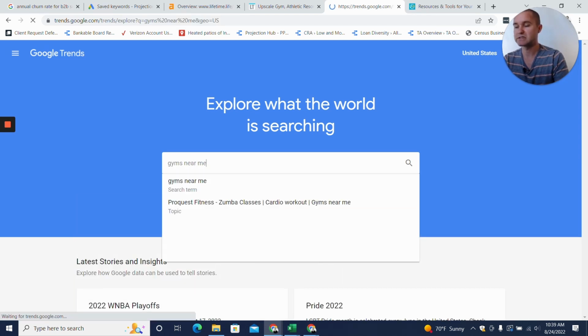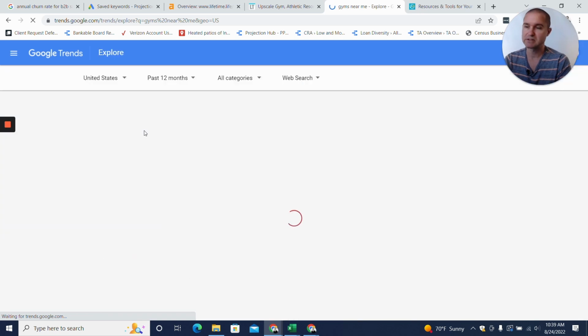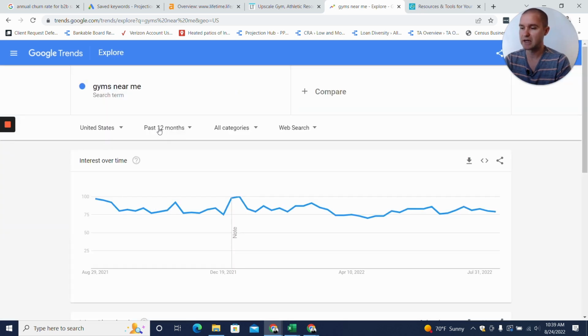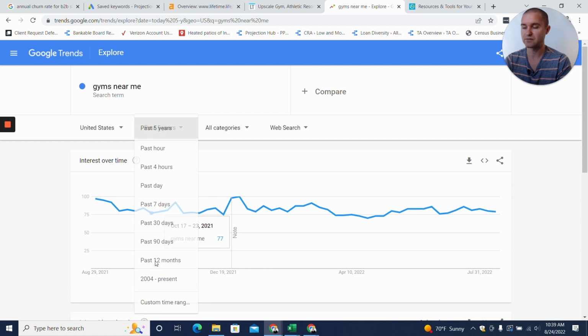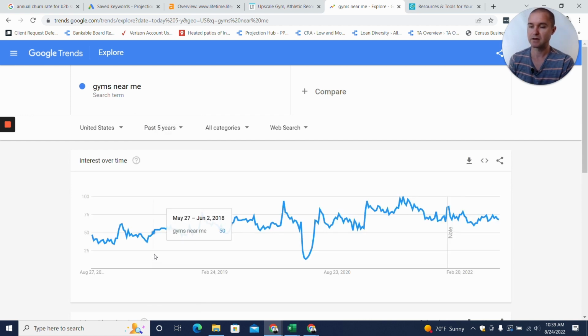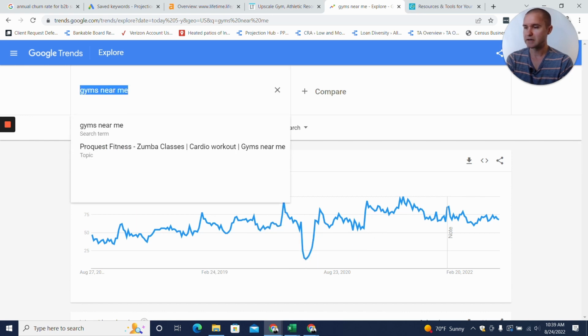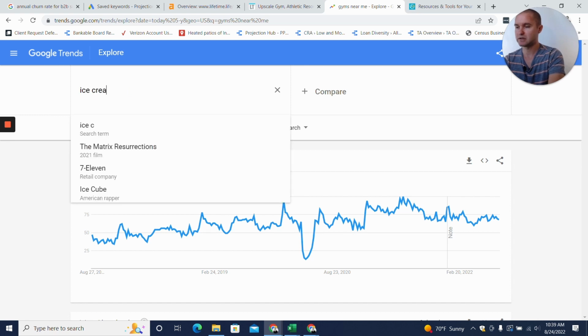And so what we want to see is what the search trends are. And then we want to look at not the past 12 months, but let's look over the past 5 years so that we can see annual changes. Okay, so not a ton of clear variability here. I'm going to look at another example that will really show us. So if I do ice cream near me,